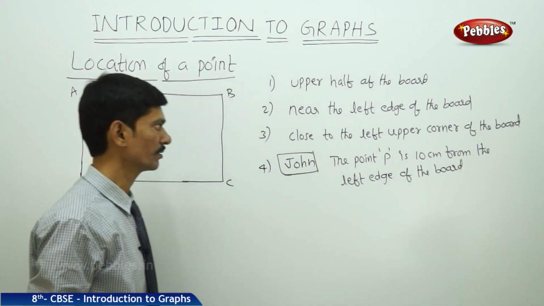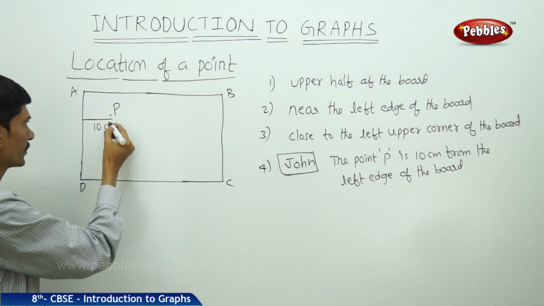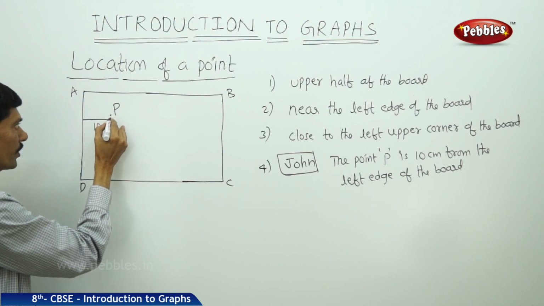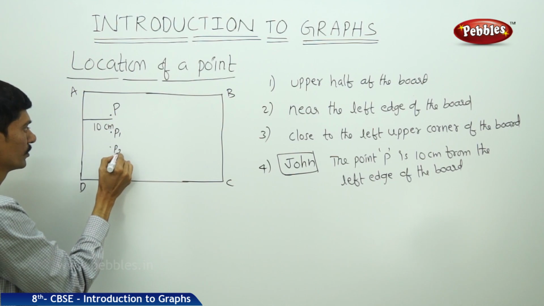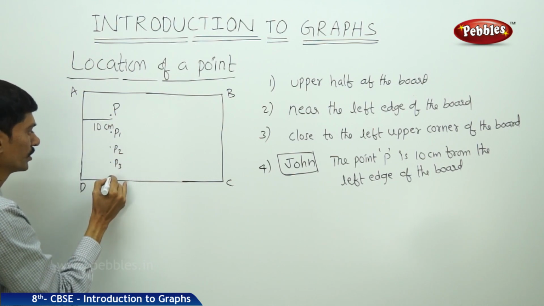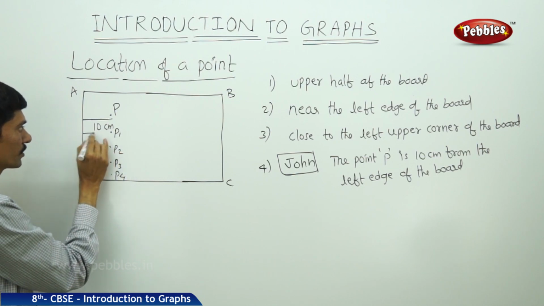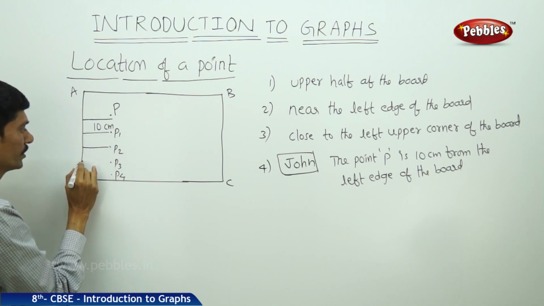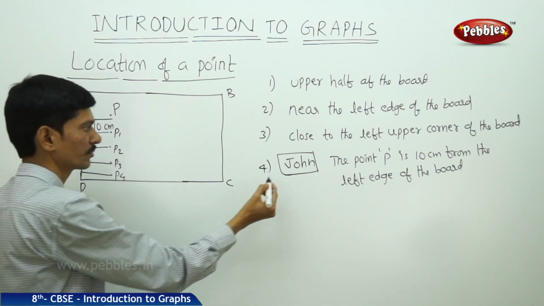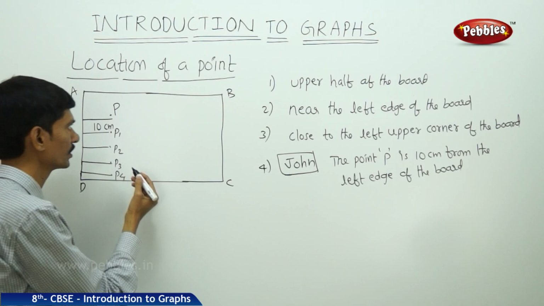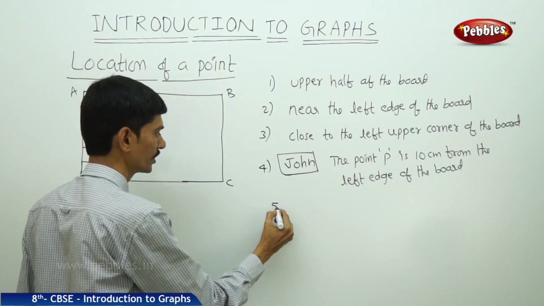But if you consider the points which are 10 centimeters away from the left edge, we can locate so many points. Here P, then P1, here P2, here P3, here P4. So all these points are 10 centimeters away from the left edge of the board. So we can conclude that even John's statement does not give the exact location of the point. Then immediately the other student, Rekha,